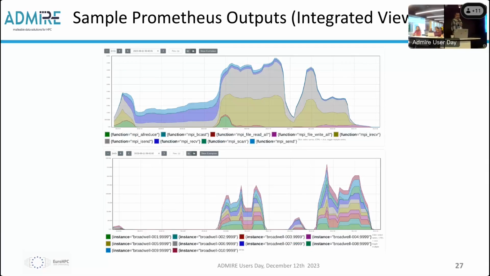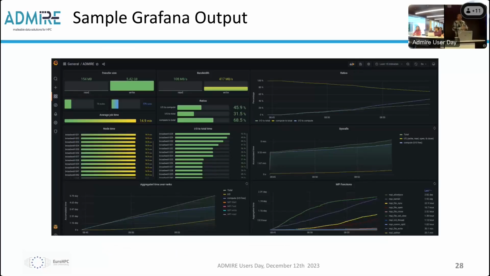And of course, once you are in Prometheus, you can easily have a graph and a view. So this view is courtesy of Ahmad, who will present later on. He made the dashboard, but at least I can show you that we can go to a higher level of representation.